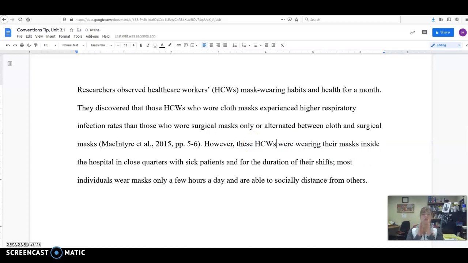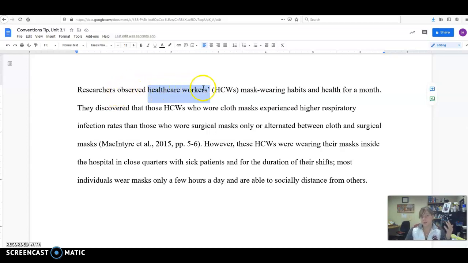Now, you shouldn't just do this willy-nilly in your paper, okay? If you have a term that you're using, only do this if the research you're reading has done it as well. But the important thing to remember is that when you are dealing with such a term, something that has an abbreviation, hopefully a recognized abbreviation, right? One that you've seen before,